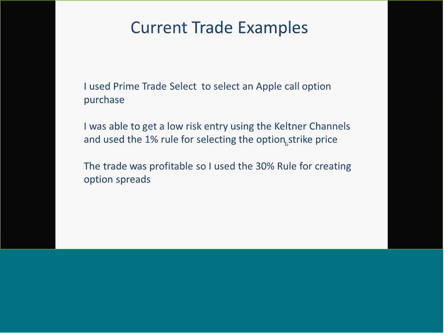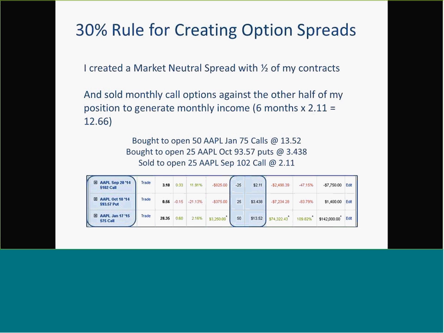And what I did with this Apple call purchase, I purchased 50 of the Apple January 75 strike calls at 13.52. And then once I got a 30% profit in this position, I traded a combination of the market neutral spread, and then with the other half of my position, I sold monthly call options against this LEAPS option. So I actually trade both types of spreads